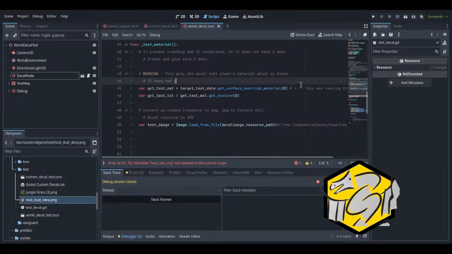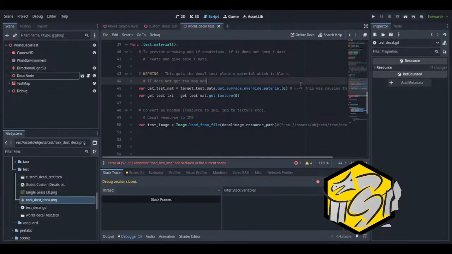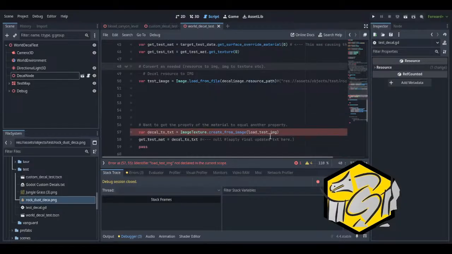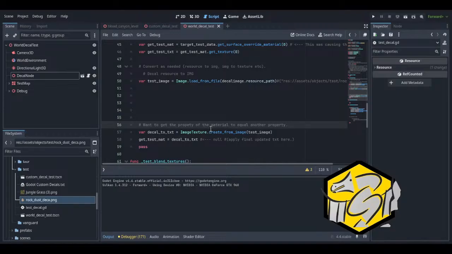It does not get the map. This is blank. I messed up. We gotta fix this.